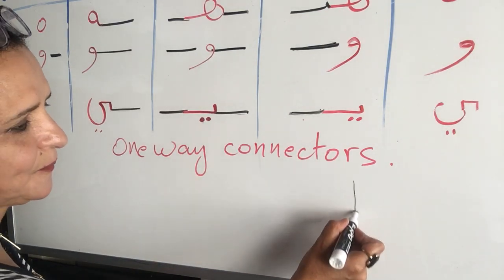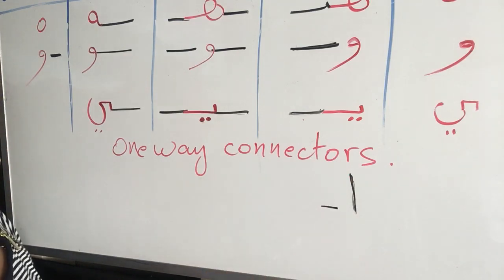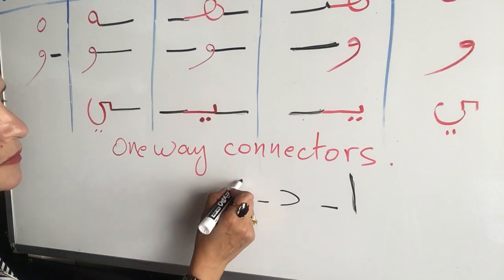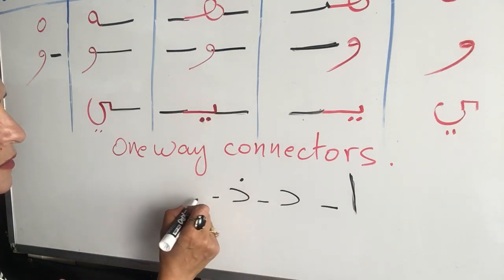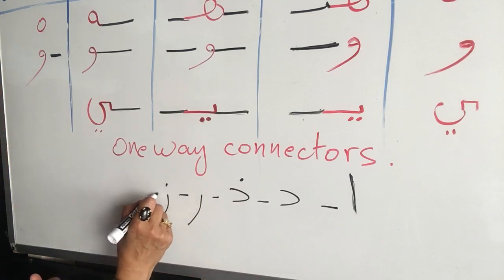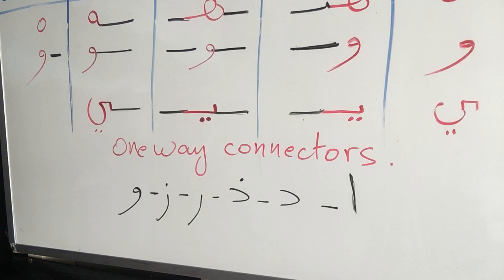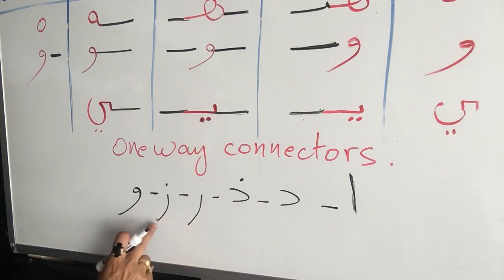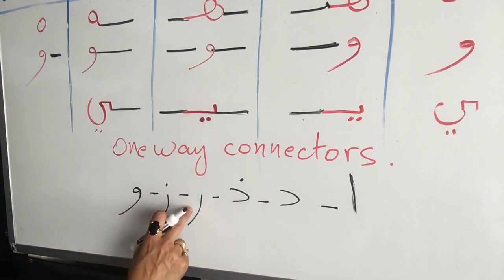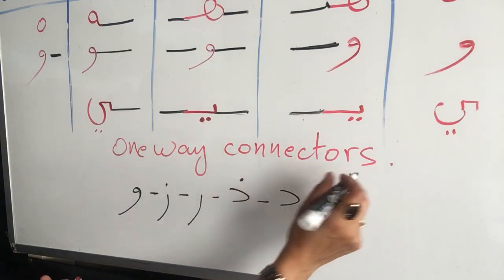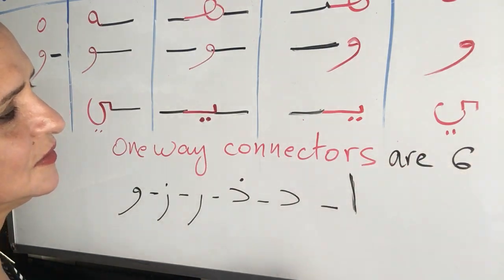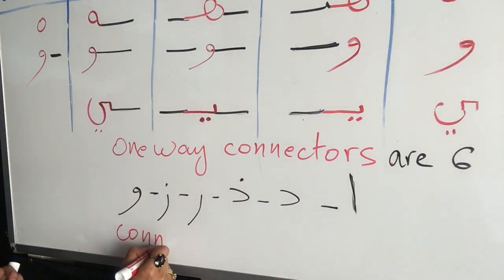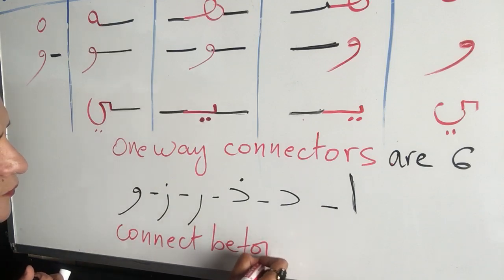There is alif, da, the, ra, za, wa. ألف دا ذا را زا و. 1 2 3 4 5 6. So the one-way connectors are 6. What does it mean, one-way connectors? They connect before but